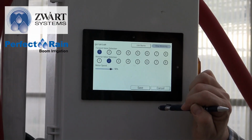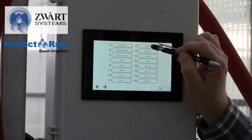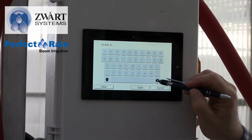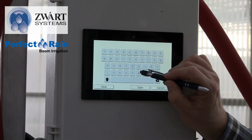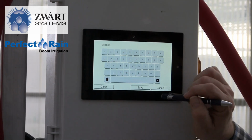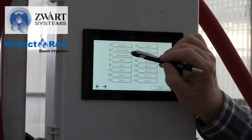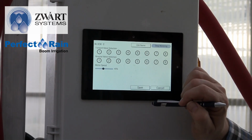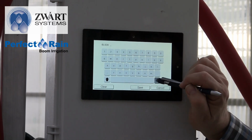Save. Save. We'll just do a couple of these. Block B, we will edit the name, we'll delete it out, and we will call it Bacopa. Save. Save. And let's just go to number 4, and perhaps you want to do something different and name things in